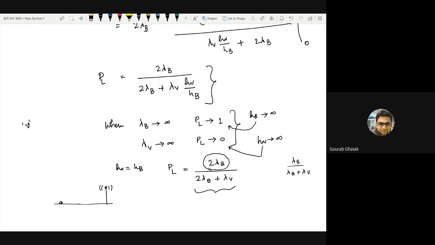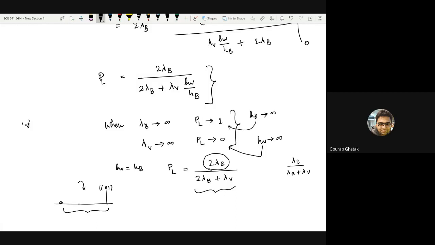How do I say? Statistically speaking, we are only considering the event that there is a vehicle within this distance. If you are looking at the average number of vehicles in the network as compared to the average number of base stations, that's a different thing. But here we are looking at the statistical occurrence of the event that there is a vehicle within the base station's distance.